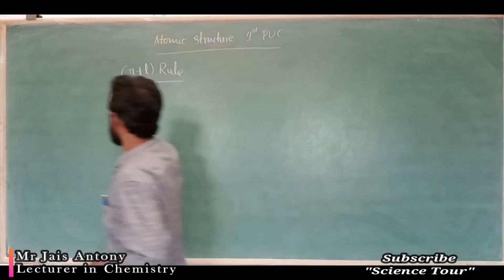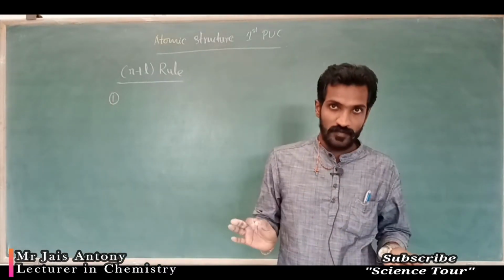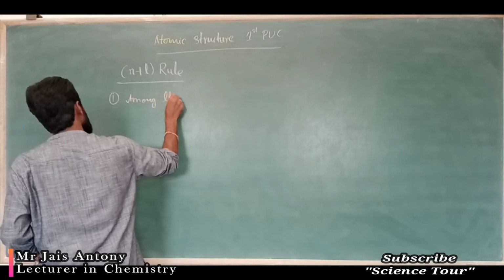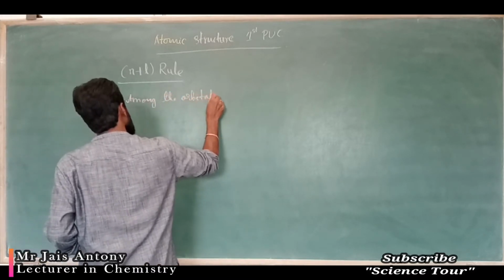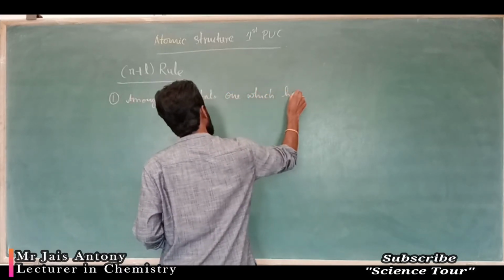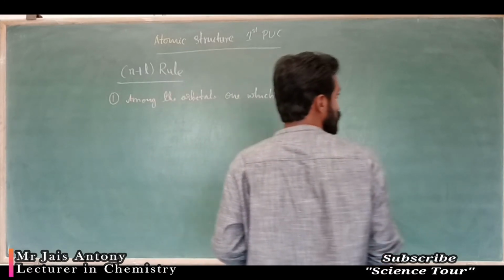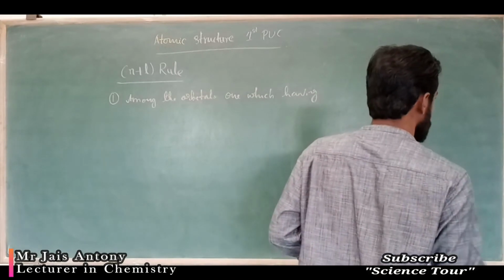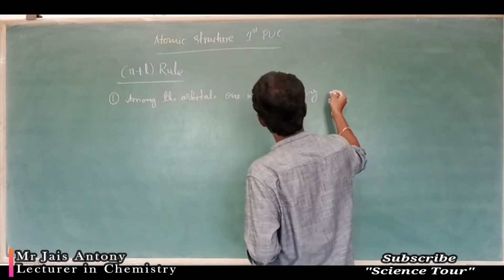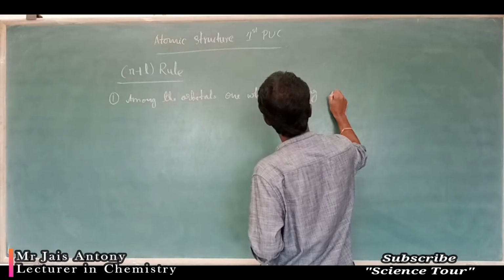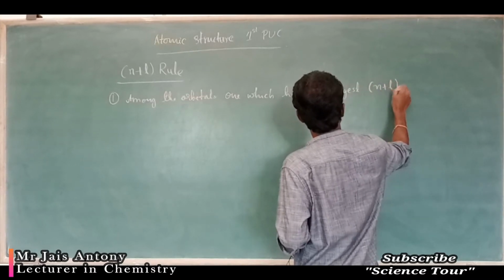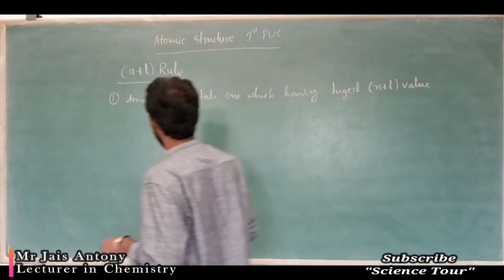The first rule is: among the orbitals, the one which has the highest n plus L value